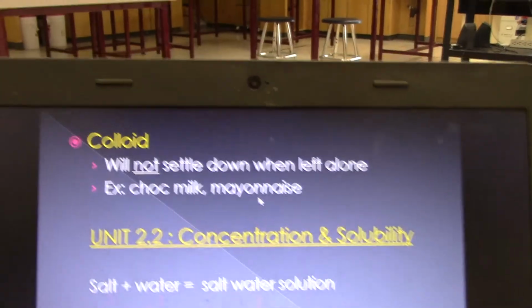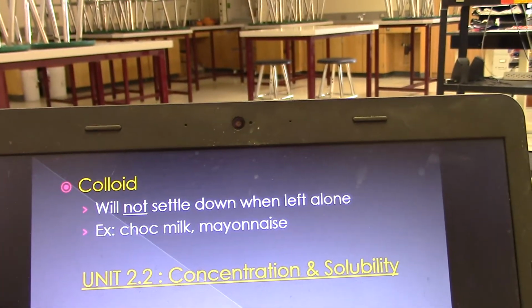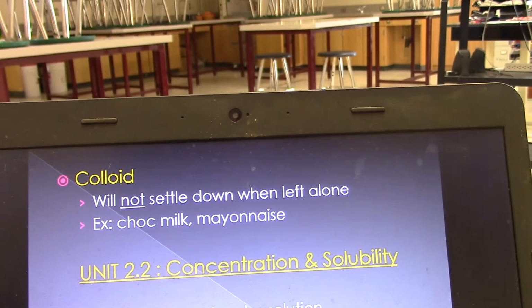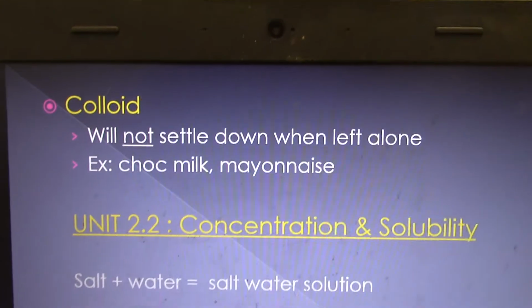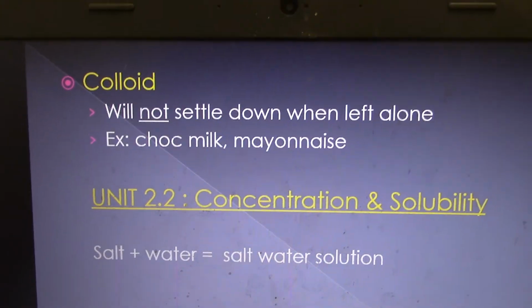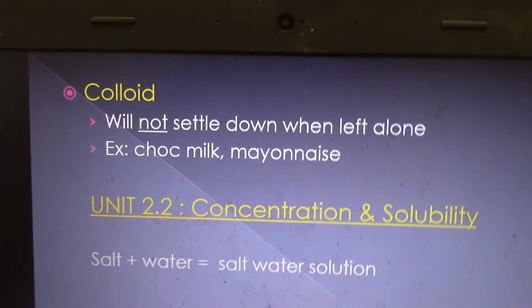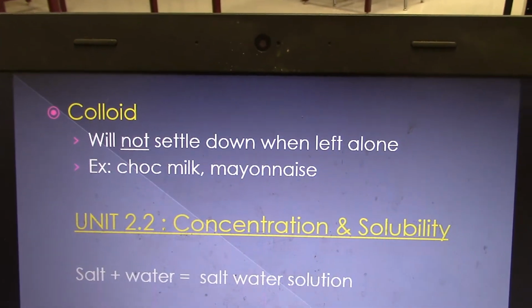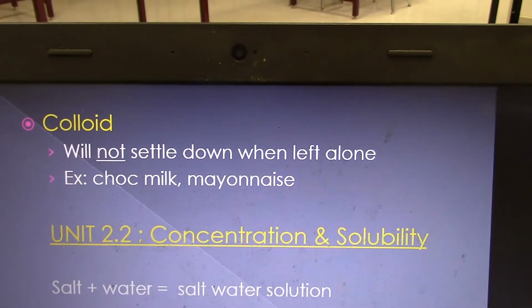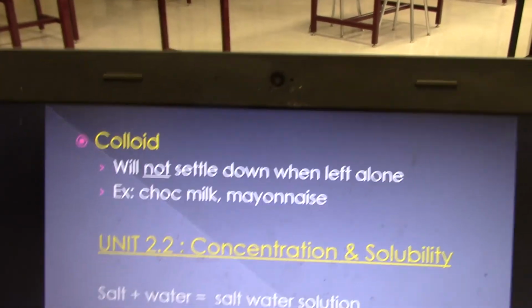And then you have colloids. Okay, so a colloid is a combination. I'll show you a colloid when you guys are back in class. But a colloid is a combination of a solid and a liquid, and it does not settle down when left alone. So chocolate milk could be, right,